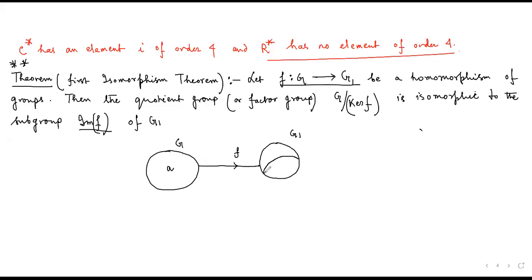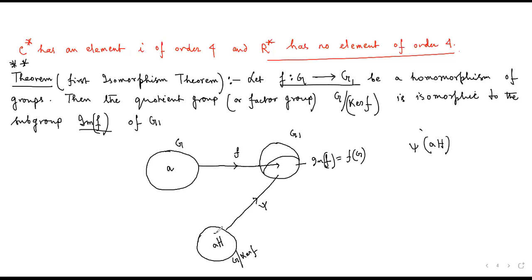Suppose in the codomain, this part is the image of F, which we call F of G. And there is another, third set, the quotient group, which we call G over ker F. The quotient group has been formed with respect to the kernel. We can similarly define a function from this G over ker F to the set G1. We define this function by psi, so that